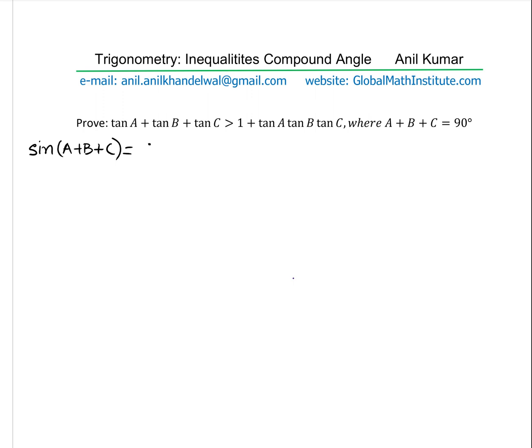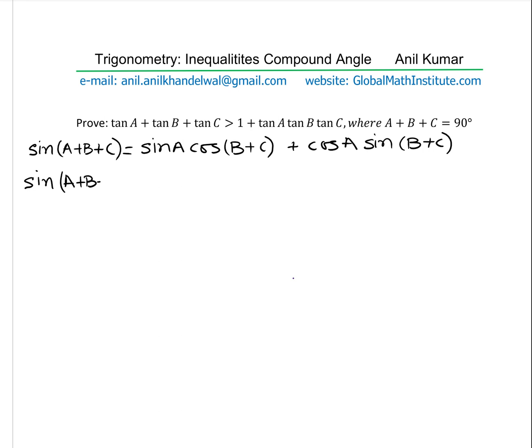So when you expand this, you get sine A cos of B plus C. We are using the compound angle formula, plus cos A sine of B plus C. And now we can write sine of A plus B plus C as 90 degrees, right? So we'll just change this to 90 degrees. Sine of 90 degrees